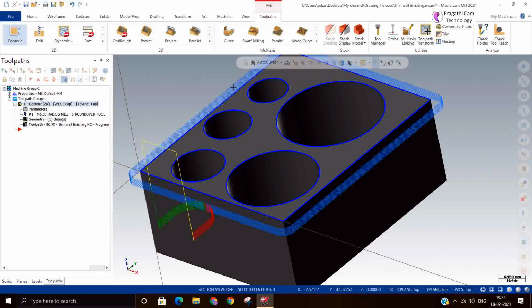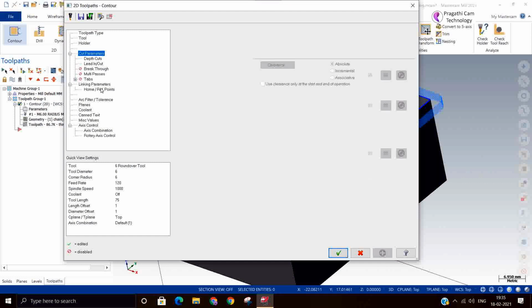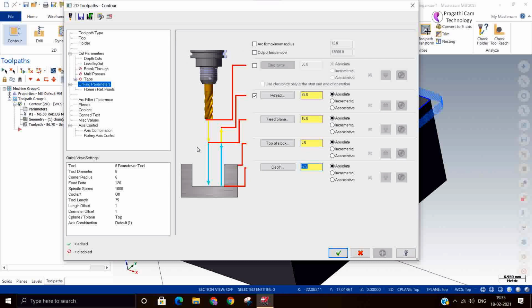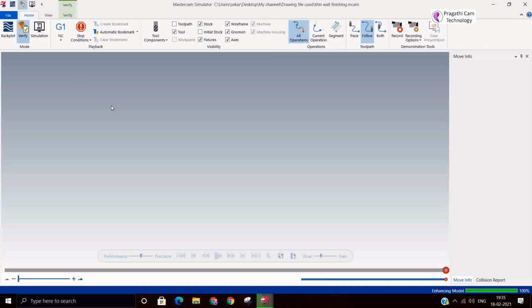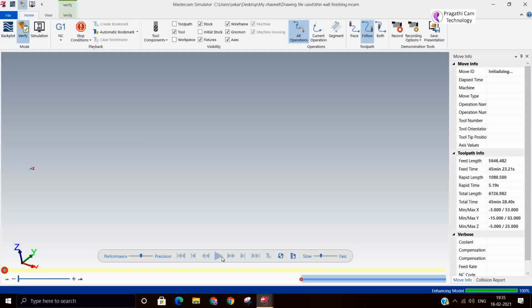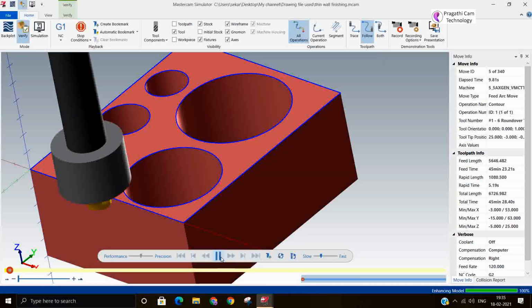If you need still more fillet, we need to give the depth a little more. It is a 6 tool.